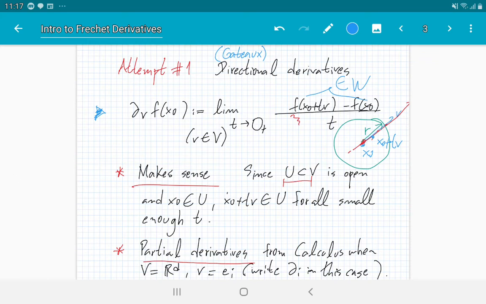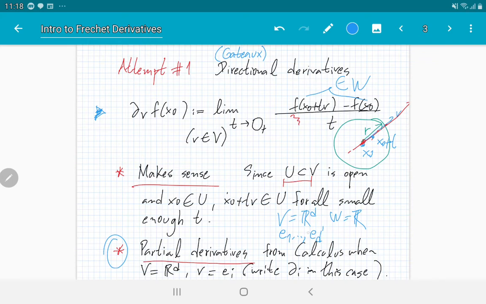And another thing about this limit is that if you think about it, let's assume temporarily that we have V, right, for this item here, we assume that V is equal to R^d, and let's say W equals R. If we look, R^d, unlike other vector spaces, has a natural finite basis consisting of the canonical basis vectors. And if I think about the directional derivatives in these specific directions, these are the partial derivatives from calculus,